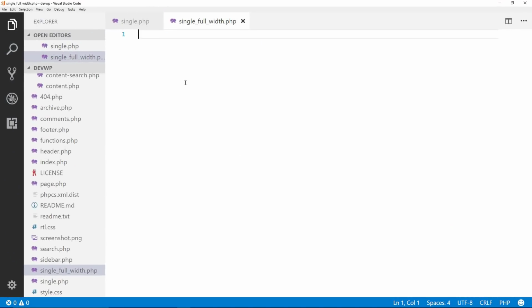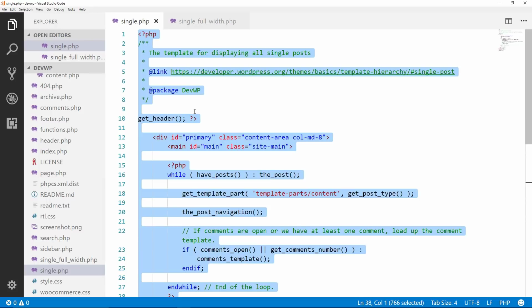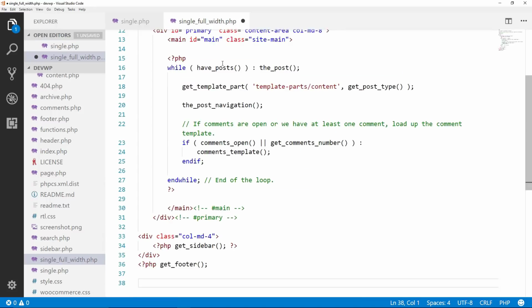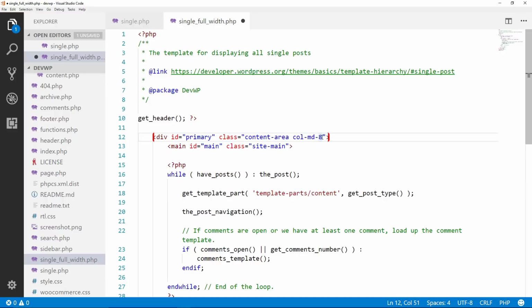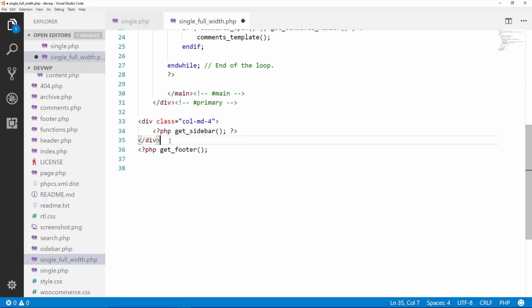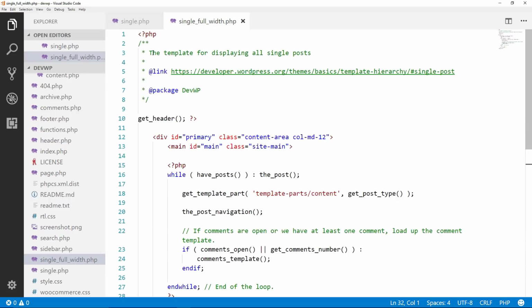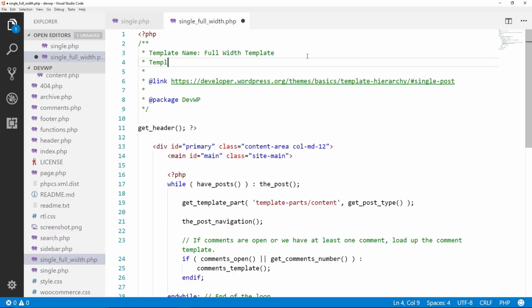So over here, we're going to pretty much just grab everything from here. Paste it in there. But we're going to go to the top. We're going to make this 12. And we're going to take out the sidebar. That's if you don't want to have any sidebar in this location. And then over here, we're going to give it a template name. So we're going to say template name: full width template. And then we're going to say template post type